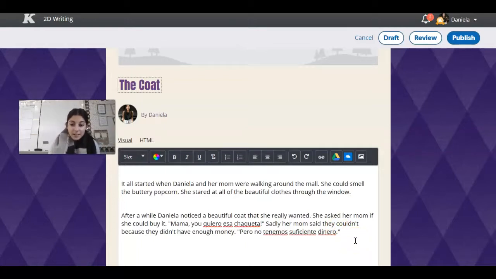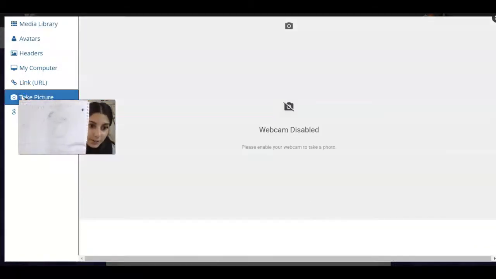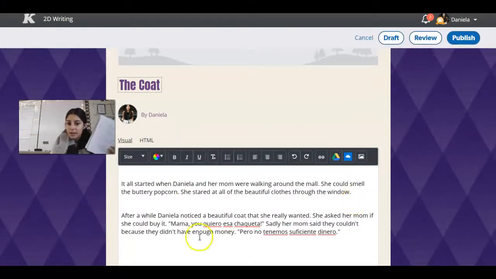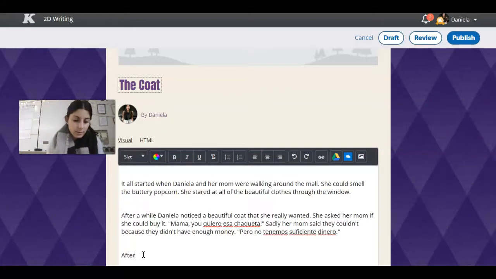Okay, then you guys can go back and take a picture of your end if you would like to. So again, you would click this button, then you'd click take a picture, and you'd take a picture of your ending, right? And then after you take a picture, you can go back and start writing. It'll show up right here. Again, I can't do it because I'm making this video, but then I'm going to write my ending. So after coming home, I'll start here. After coming home, so after